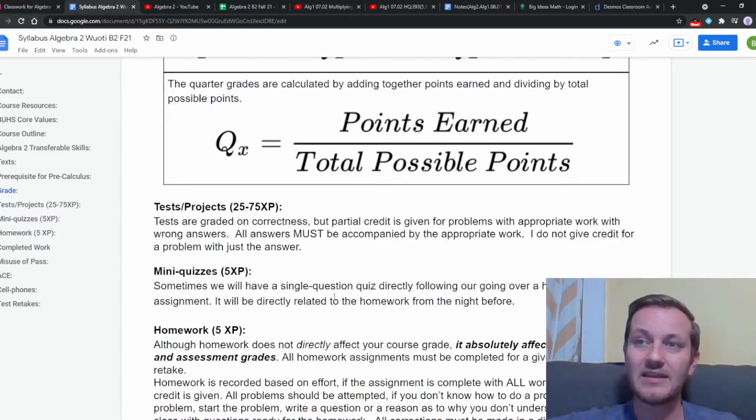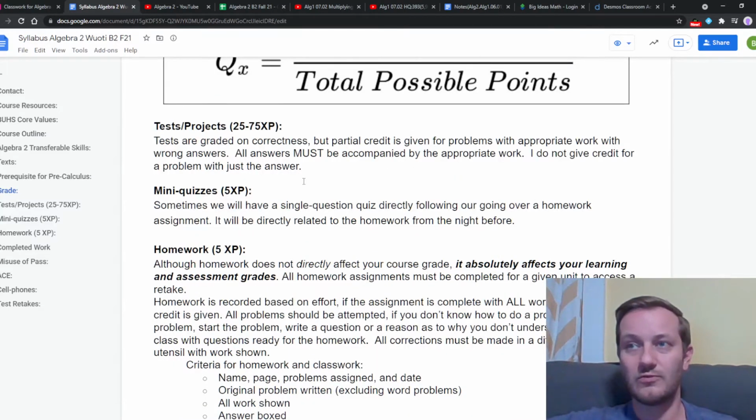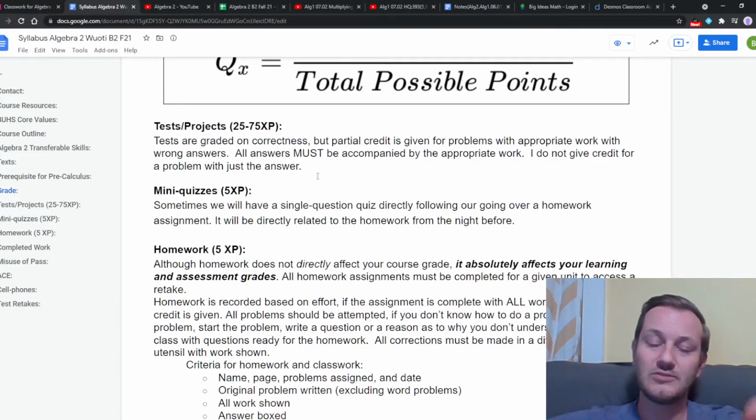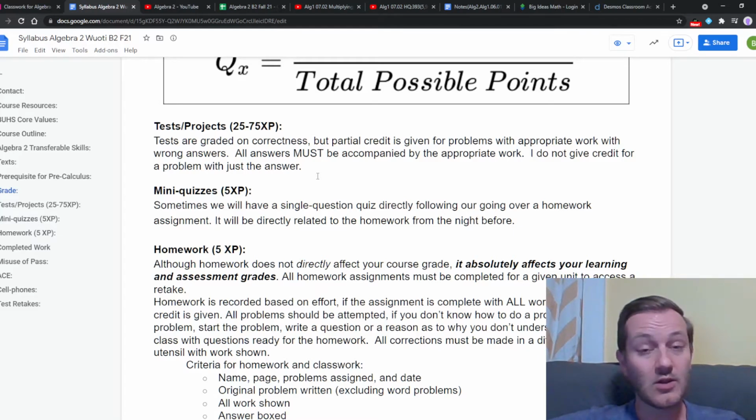And so the plan is that this year we'll do paper written tests and retakes and things like that. But who knows? That's what we'll aim for. We might occasionally have mini quizzes, and I typically do those after we go over the homework together. It would definitely not be too frequent, maybe 1 or 2 a week. I think they can be helpful just as a quick check-in, and those are worth points as well.